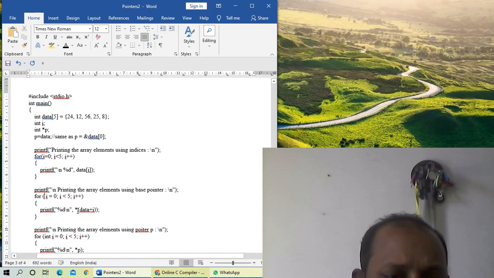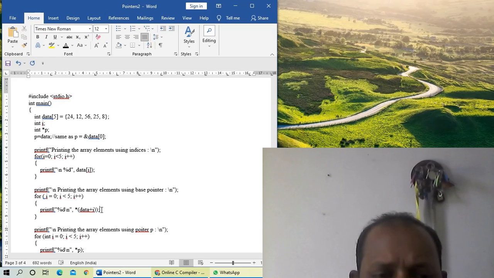See this: *(data + i). What will be *data? It will access the value contained in the memory location pointed to by data.